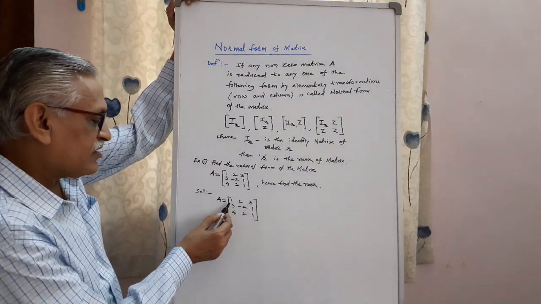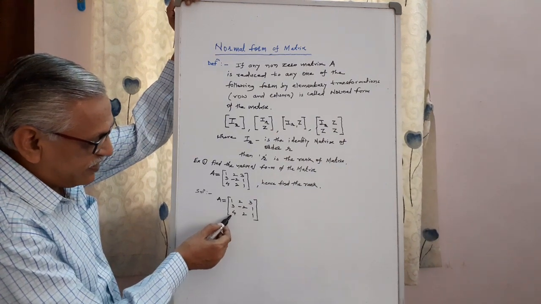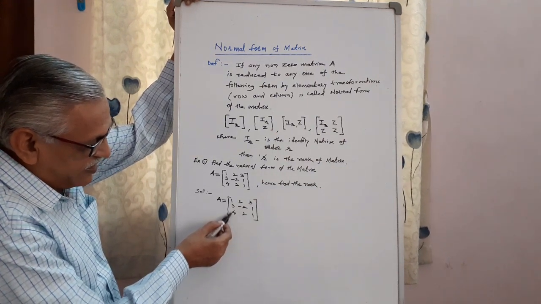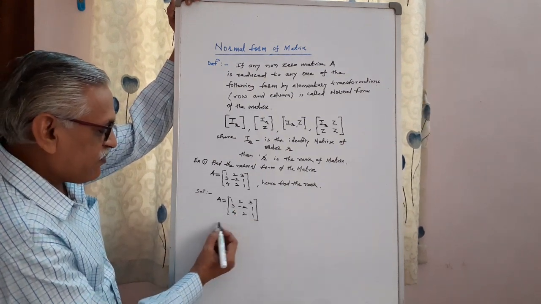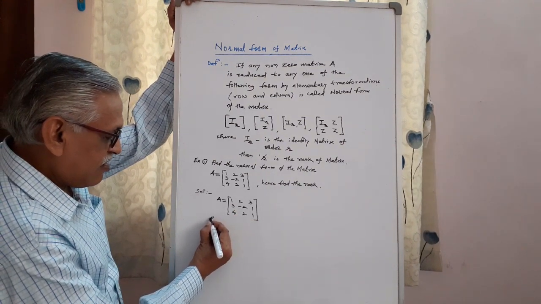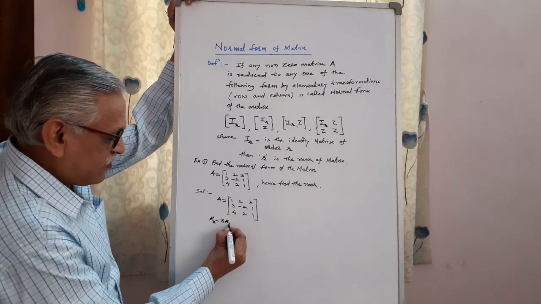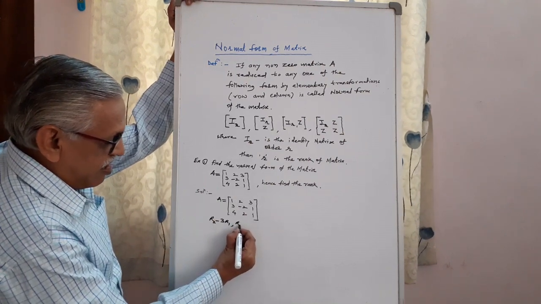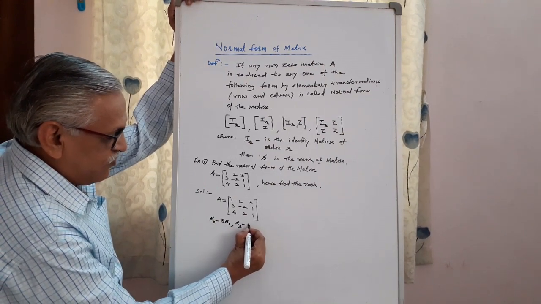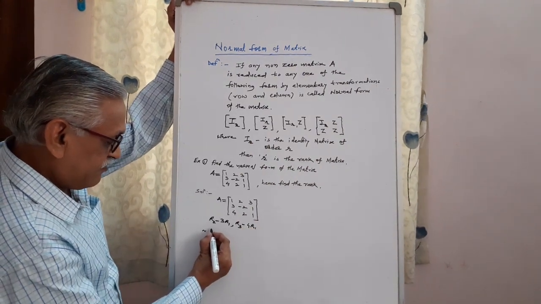Here, keeping one as it is, and using this one, converting the remaining 2 elements in that column to 0 by applying the transformations R2 minus 3R1, and for this R3 minus 4R1, we get